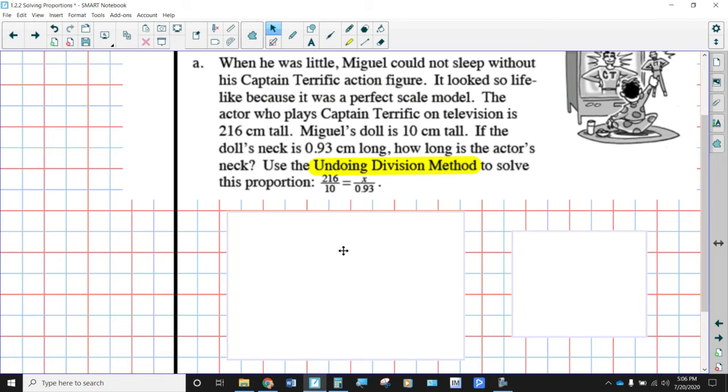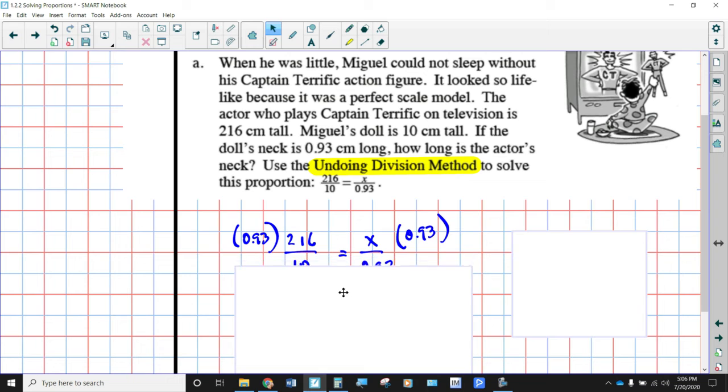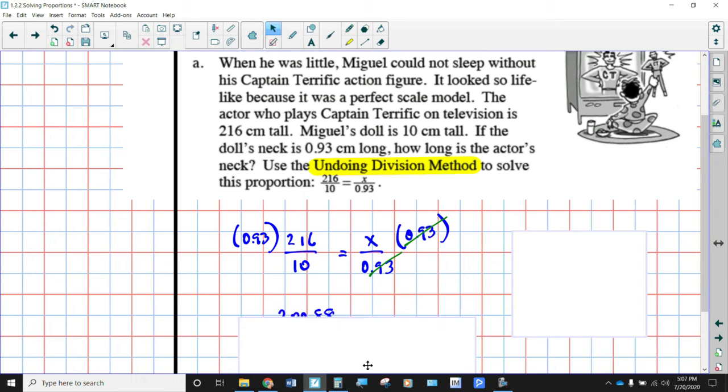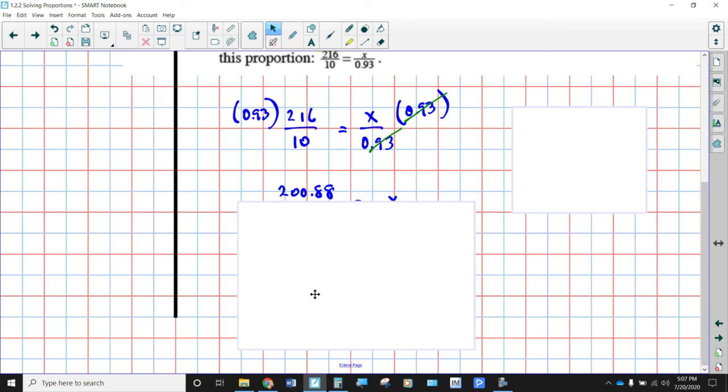All right, let's see what you got. First of all, we would want to multiply each side times 93/100. That will cancel out the 93/100 here, just leave us with our 1x. But on this side, we're going to have to multiply 93/100 times 216 before we divide by 10. So what is the product of 93/100 and 216? It is